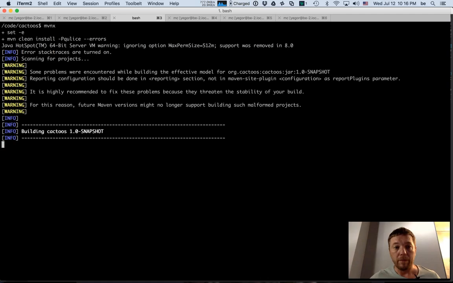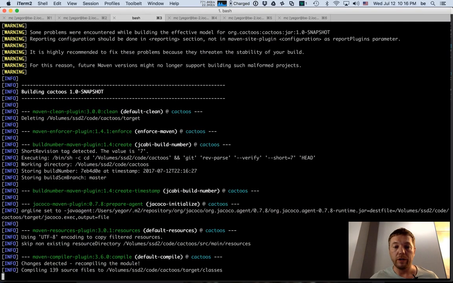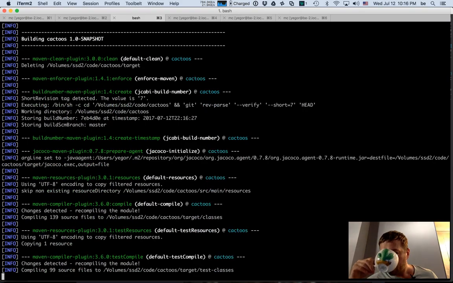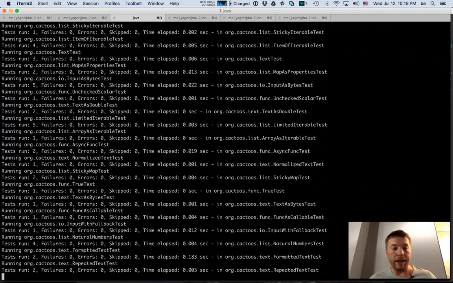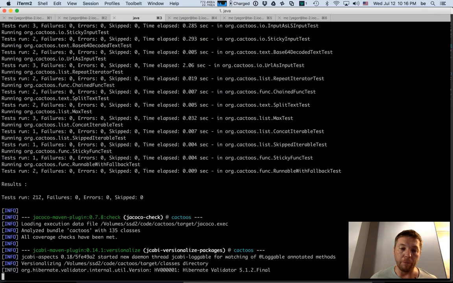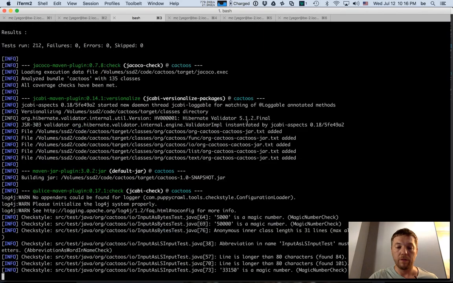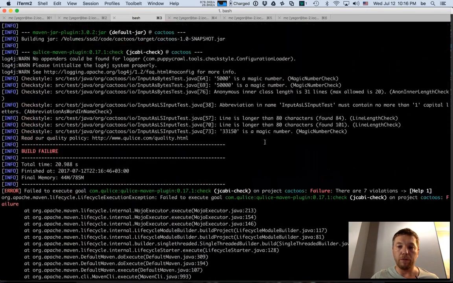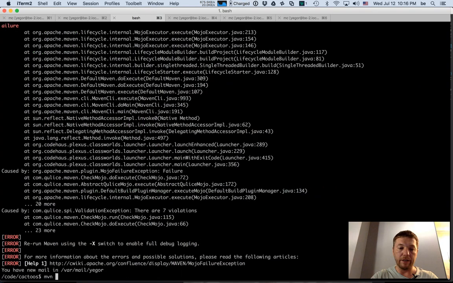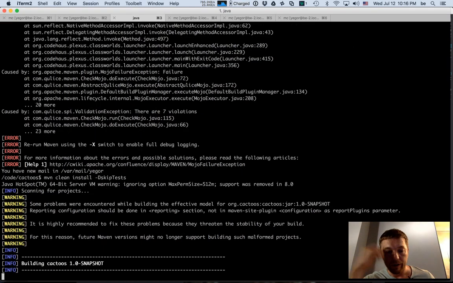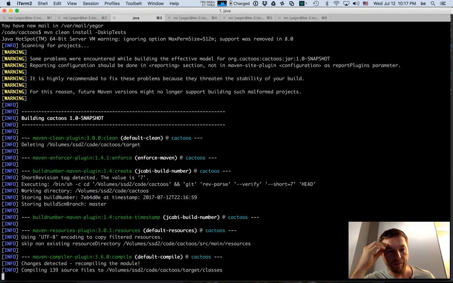I can build this Cactus snapshot version. If it builds now, I can go back to the main project where we started, run that test over there, and everything will be clean and complete. Well, now my static analysis is complaining. I'm not going to fix it now, not to hold you any longer. I just want to finish and demonstrate that now the whole thing works.